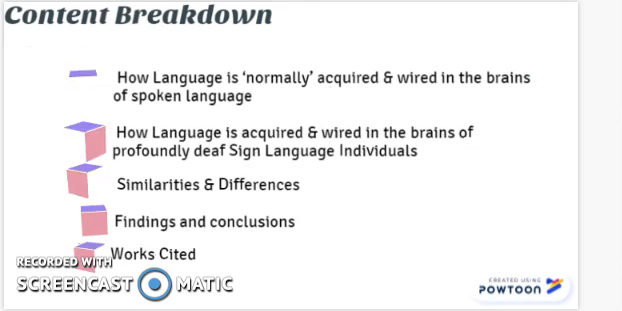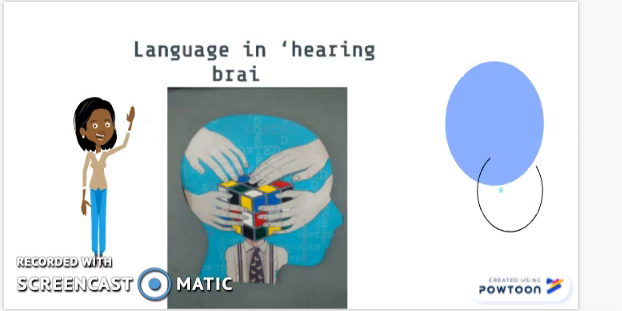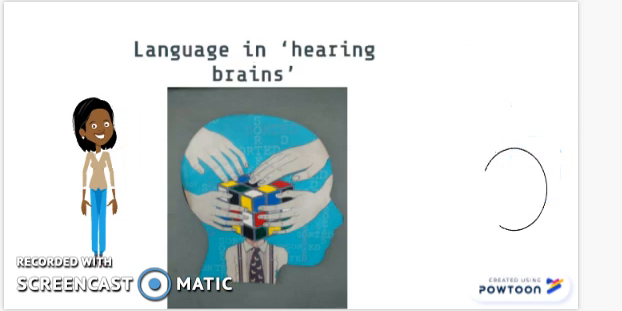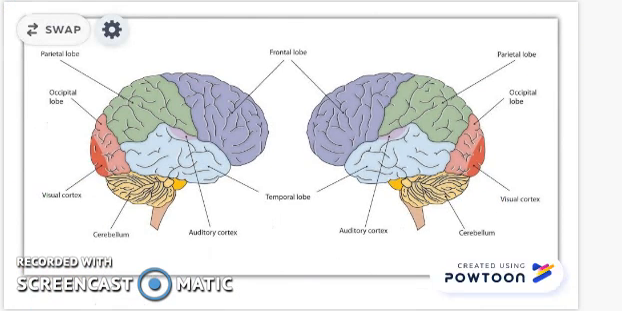First, let's go into a bit of language in hearing brains. So we're going to look at the important lobes that play a huge role in language acquisition, regardless of deaf or hearing. Because of course both brains will have a frontal lobe, parietal lobe, occipital lobe, and temporal lobe. Our frontal lobe, the left hemisphere, houses a lot of our language areas, our focus areas, and